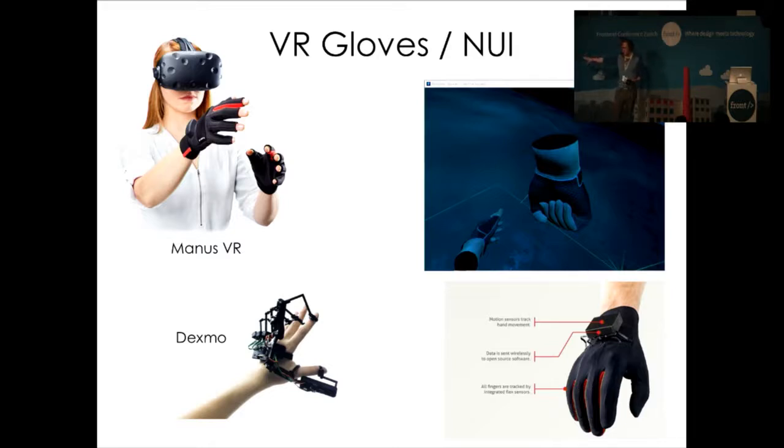The Dexmo is essentially this hybrid skeletal glove which is giving you feedback. So the idea is that, and this is one of the problems I always have with VR gloves, you want to have tactile feedback. It's great to hold a controller because it gives me security. I know how to interact with it. I know where it is. If I just have a glove, and if anyone has ever tried to do this with some of the IR cameras, they'll have a demo where you have to grab a cube and then drop it, and you're like, okay, I